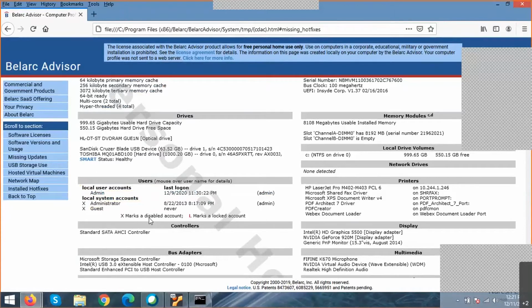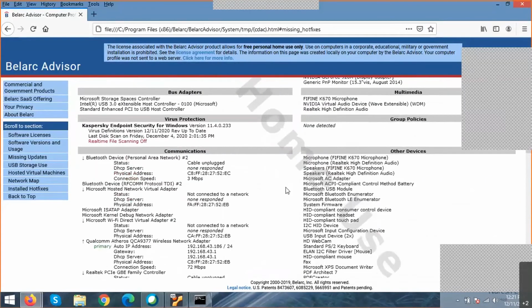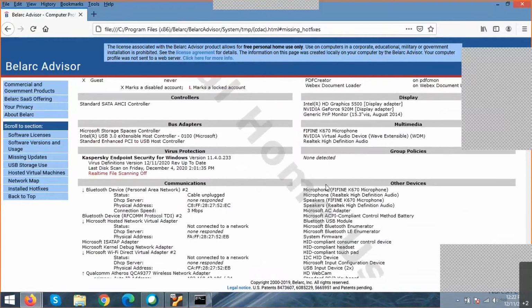Okay. So what type of controllers and what type of USBs you are using, what is the graphic card, what is the printer mode, and how much RAM my system has, everything is given, right? And also it gives the information about the USB devices which have been enabled.